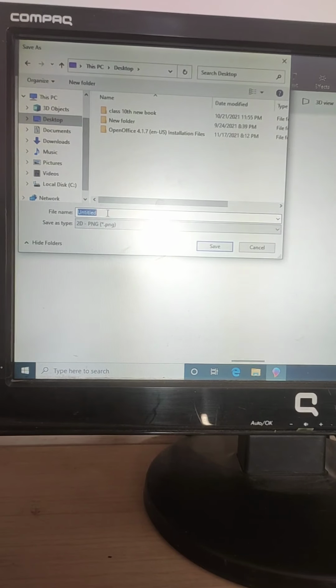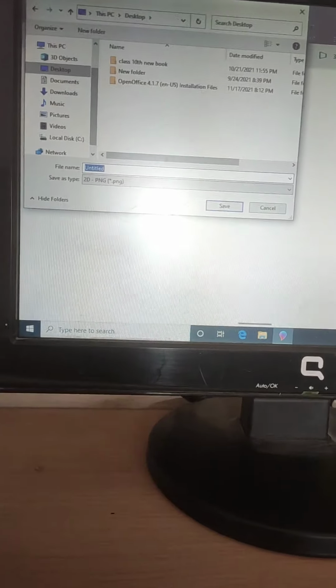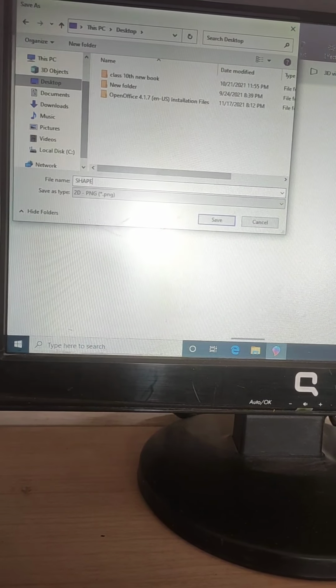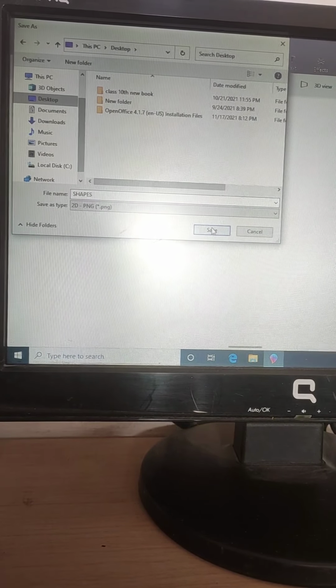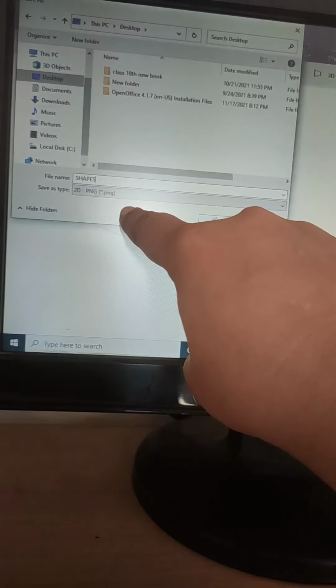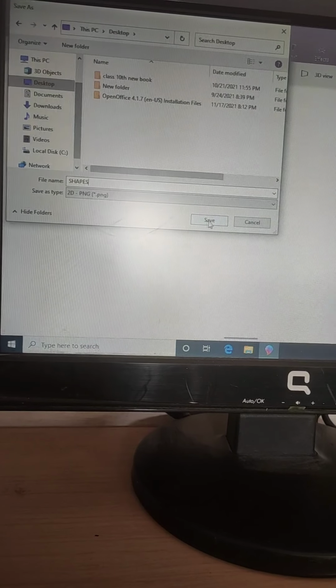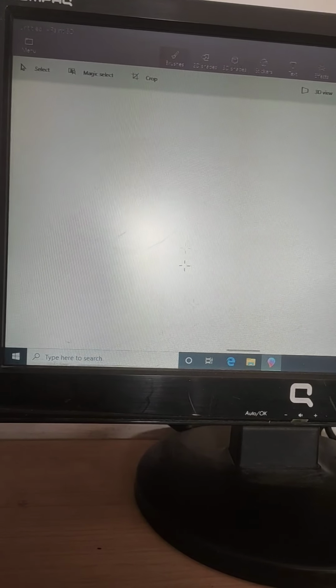It is untitled now. Give a name from the keyboard. Suppose I have given it the name Shapes. Now I will save it. See, it is saving in the format of .png. The extension is .png. Now I will save it. It is saved.